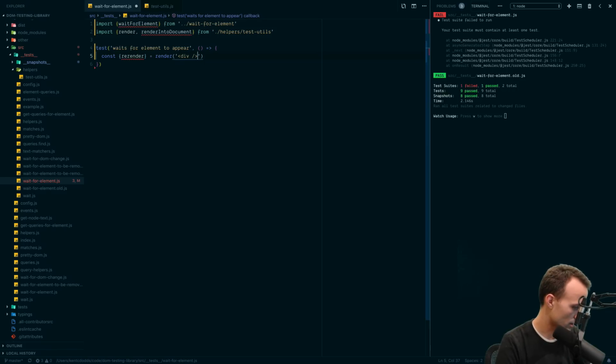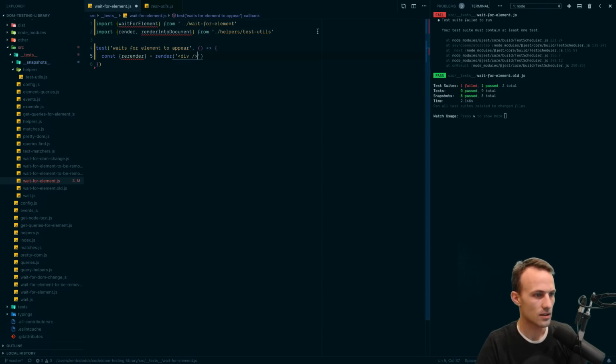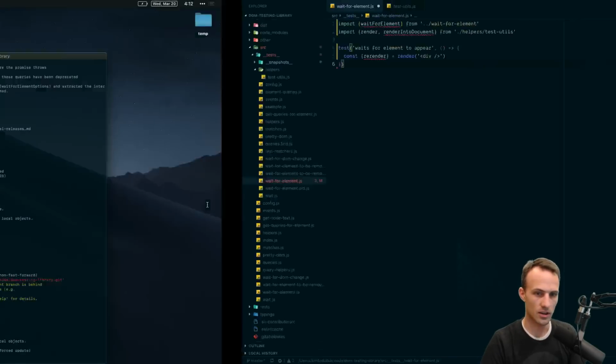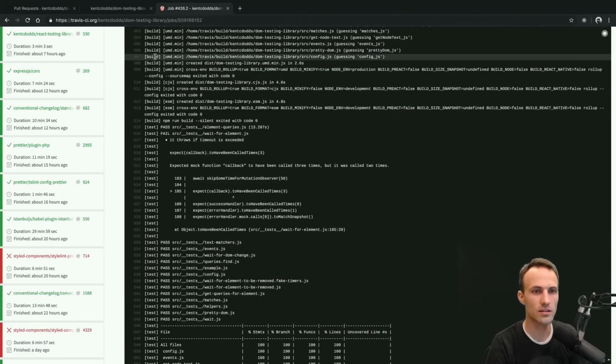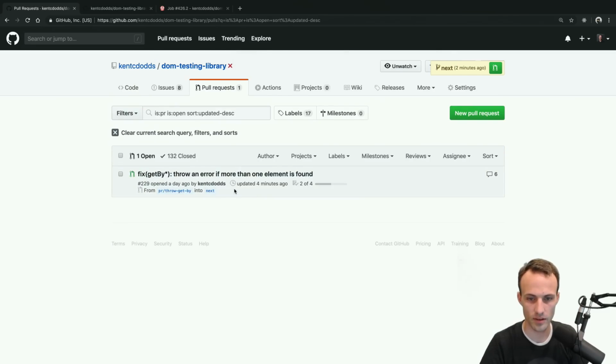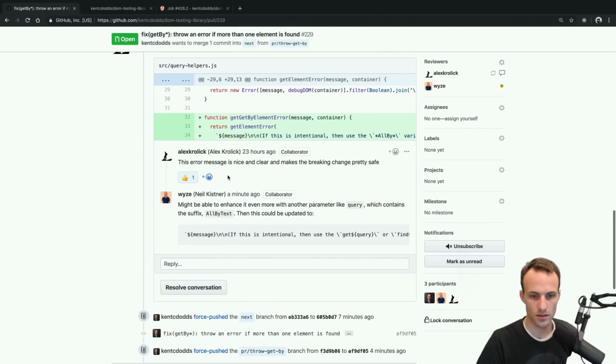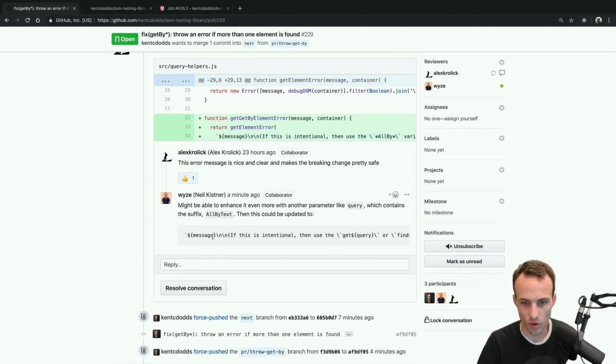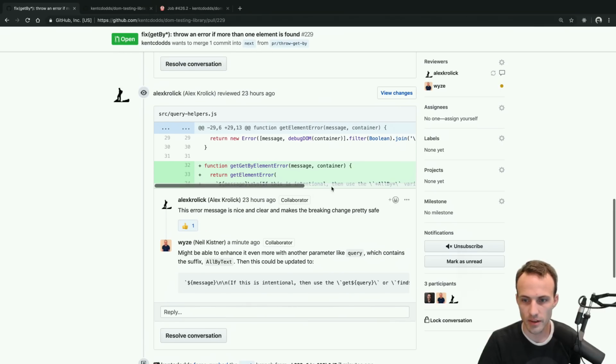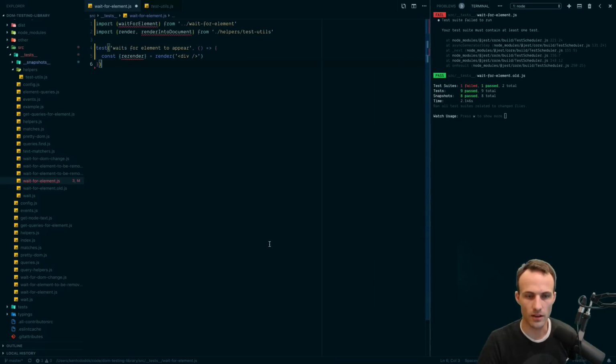Sorry, I just, that's a good idea. Got feedback from somebody on this pull request actually. This one. Yeah, making it more useful. Yeah, okay. Anyway,